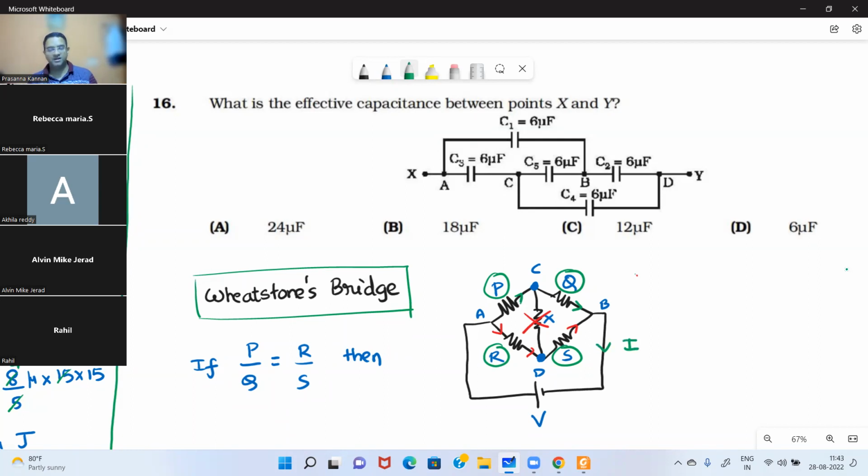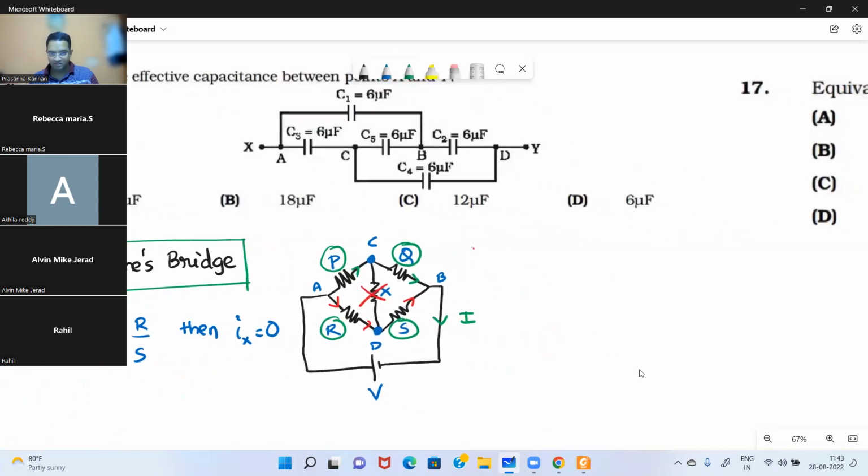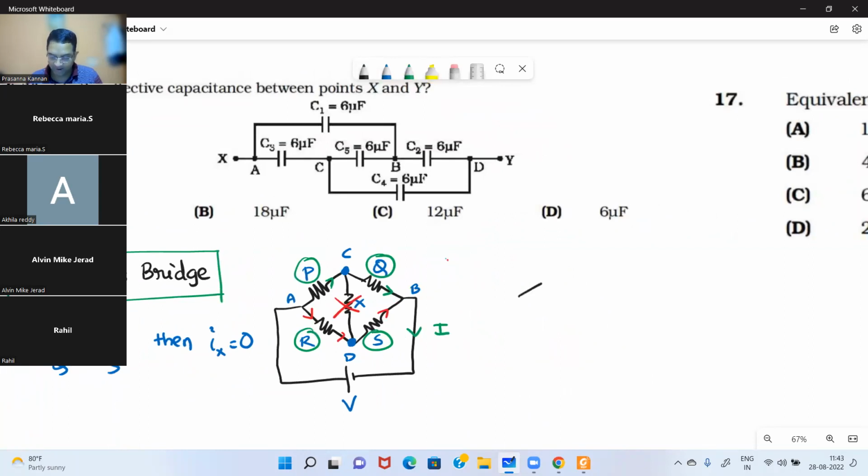So the main concept to understand is that the middle resistor can be removed if the balancing condition is satisfied, which means the current through the resistor X is 0. So that resistor X can be removed and then the problem can be solved. A similar scenario happens in the case of capacitors also. So in case of a capacitor, if an arrangement like this is there,